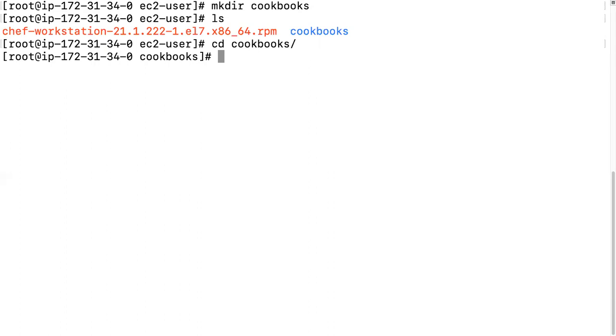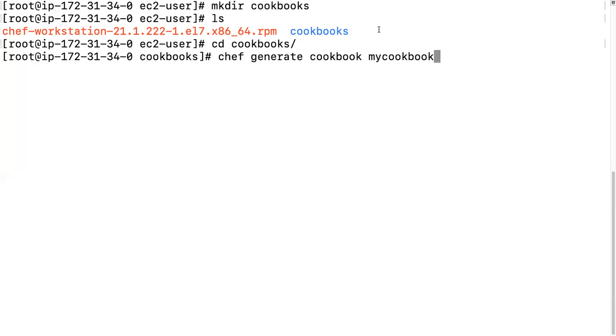So here I am going to create one cookbook. I need to generate it with this command: chef generate cookbook. My cookbook name is, I'm going to create it with the name mycookbook.